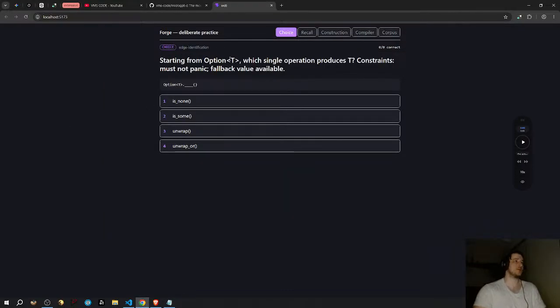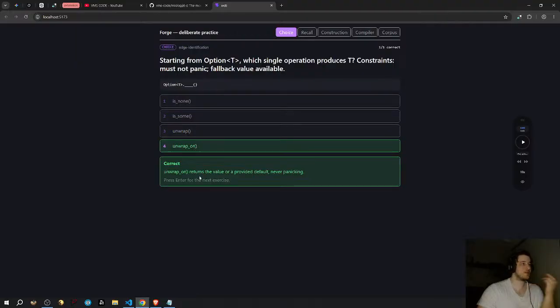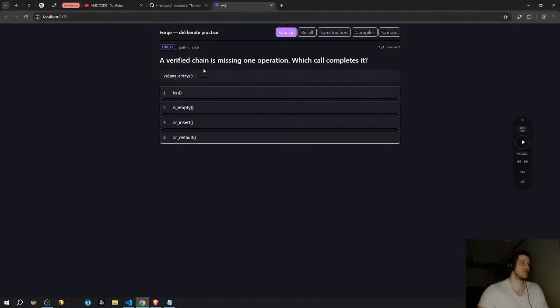Starting from Option T, which single operation produces T. Constraints: must not panic, fallback value available. That's probably an unwrap, I think. Must not panic, so maybe an unwrap or, because with unwrap you would panic. I think it's this one, yeah. Returns the value or provided the fallback, never panicking. Okay. Next one, a verified chain is missing one operation, which call